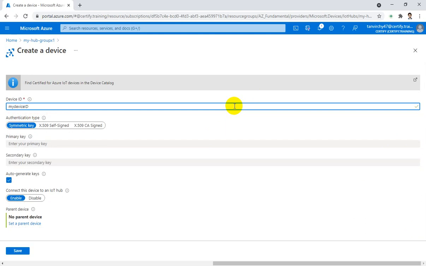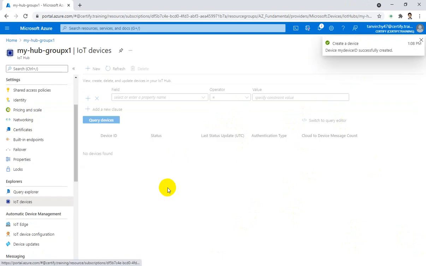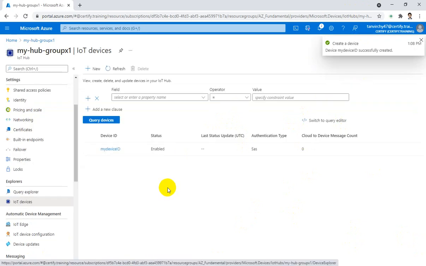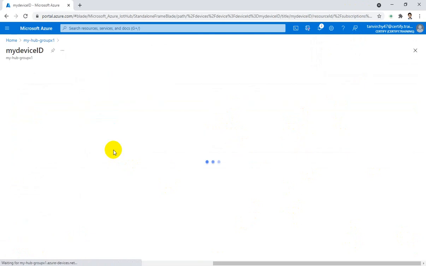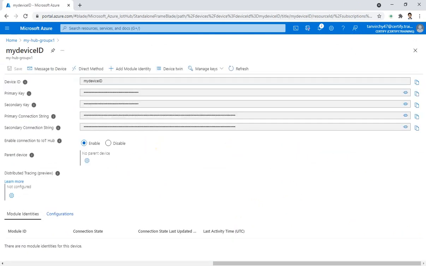Okay, my device ID. Then to create, our device is created. You can check. So our device is created,